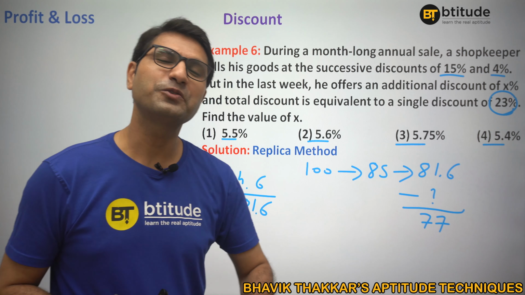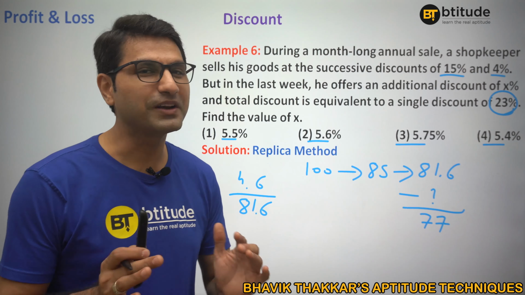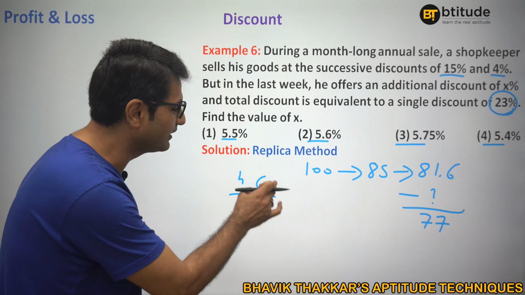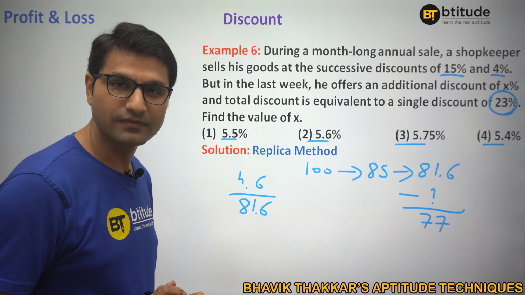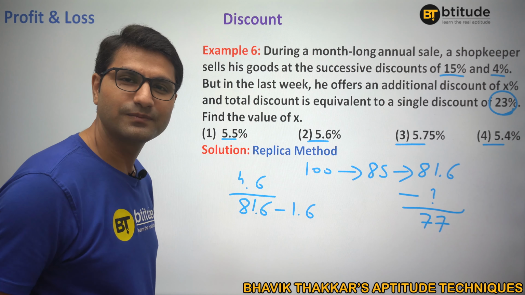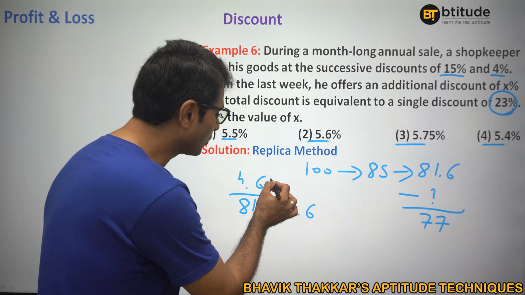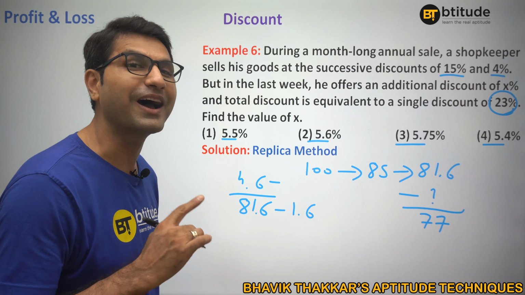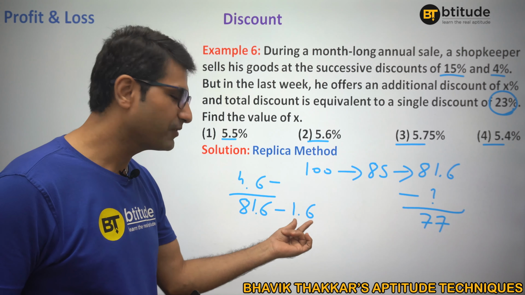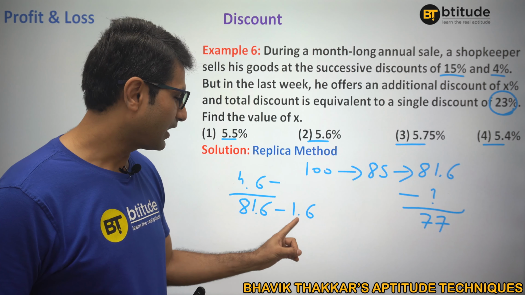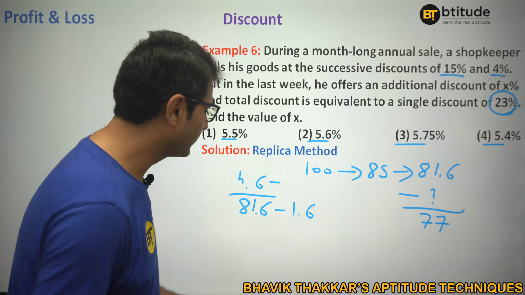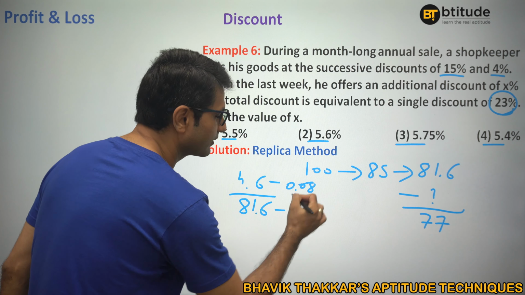And that is where Bititude method comes into the picture. What Bititude teaches you is, the problem is this number, right? If this number would be easy, we can easily do in 200 and check it out, right? Now, I would just do minus 1.6 here. Now, when you are deducting here, you should also deduct something in the numerator. But how much? Not 1.6. We already know this is around 5%. So, what will be 5% of 1.6? Half of 0.16, because 10% will be 0.16. Half of that will be 0.08. So, I will deduct 0.08 here.